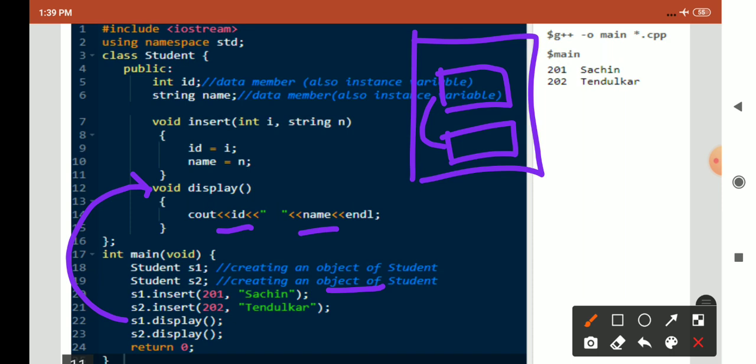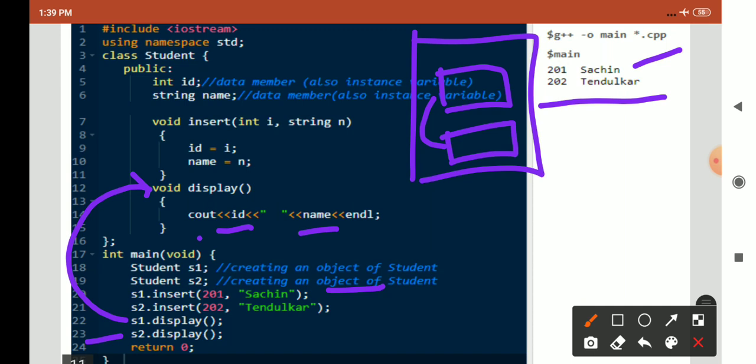So those values are called through display. So 201 and Sachin is displayed on your screen, and for the second line 202 and Tendulkar will be displayed on your screen. So in this way the working of your class happens.